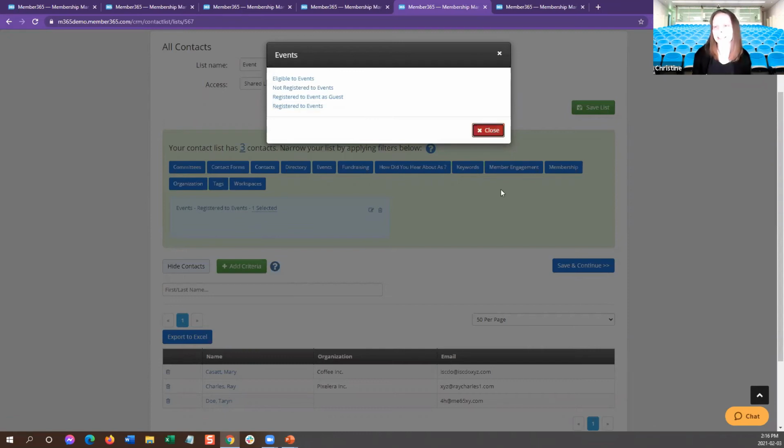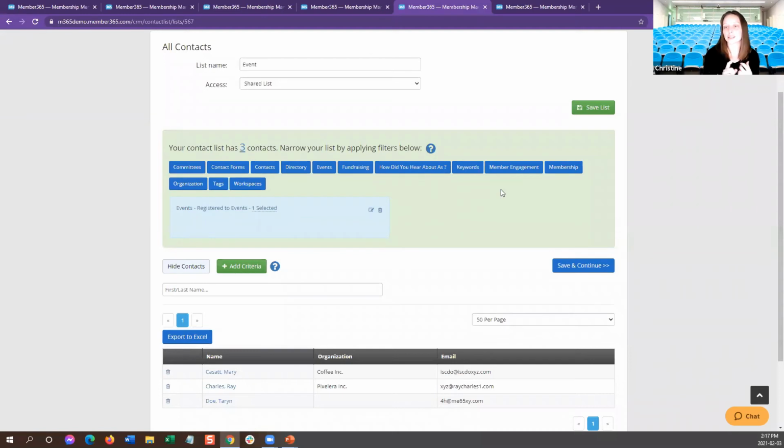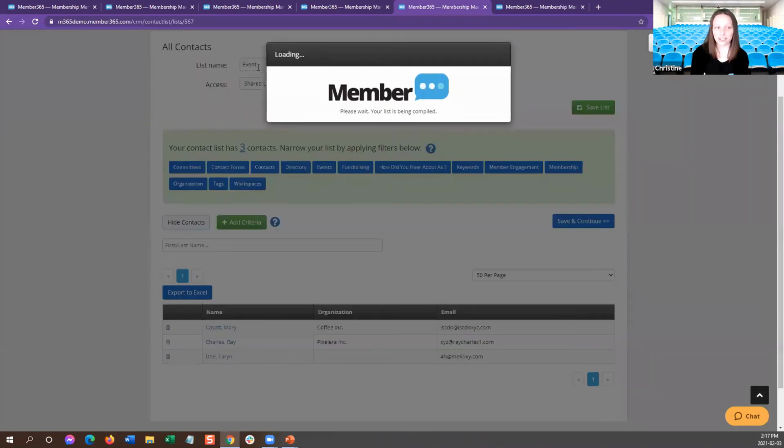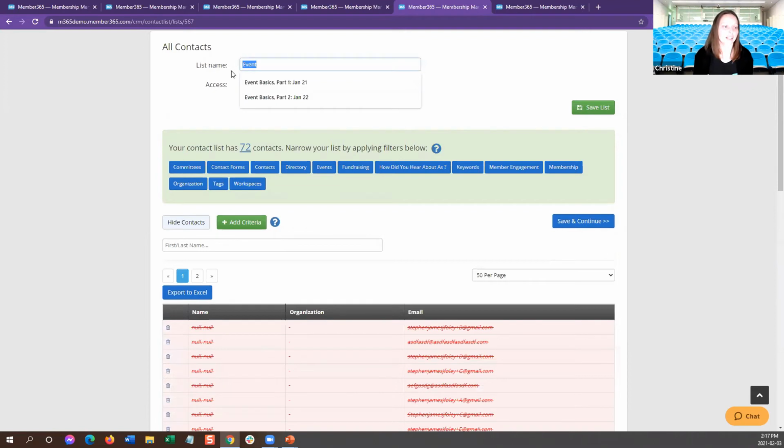Okay, so we did all contacts, active, non-members, registration, and the last one is tags. So yesterday, Stephen went over how to create shared tags and my tags. Today, you can actually create lists based off of those. So I have a tag. I'm just going to give it a general